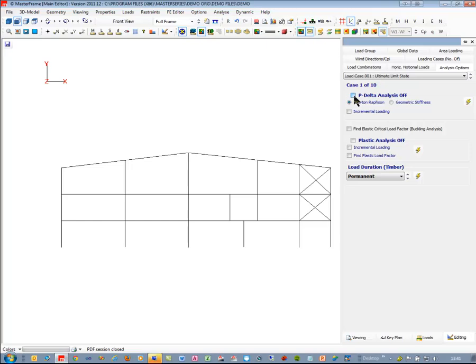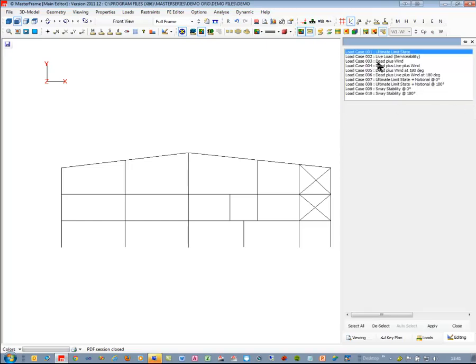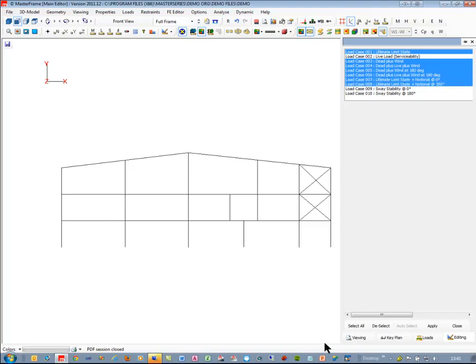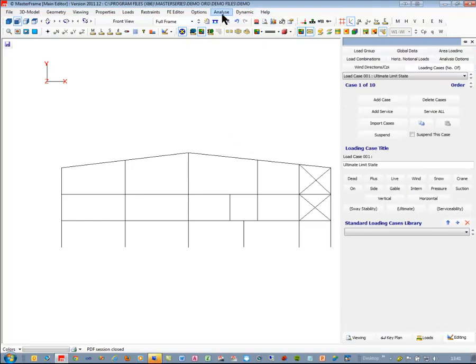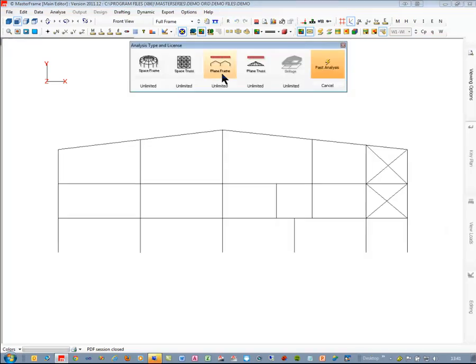I'm going to turn it on, and then I will apply it to all my ultimate cases and say apply, and just go straight through and analyze that. Space frame please,